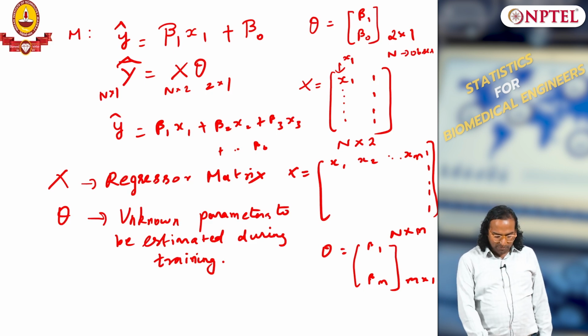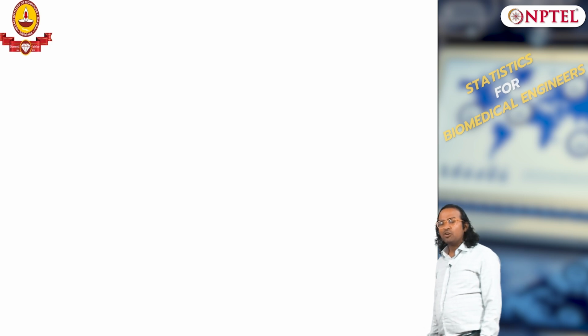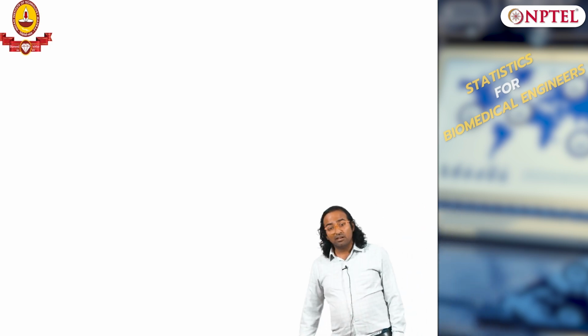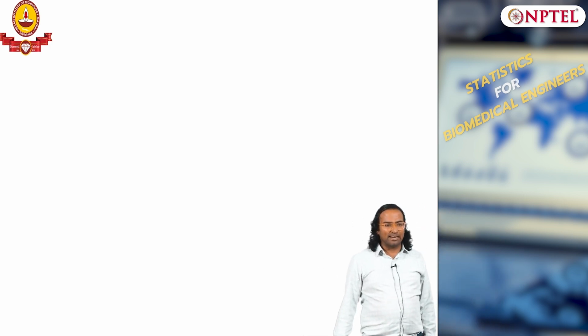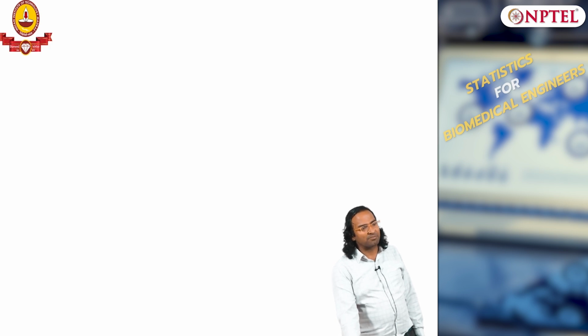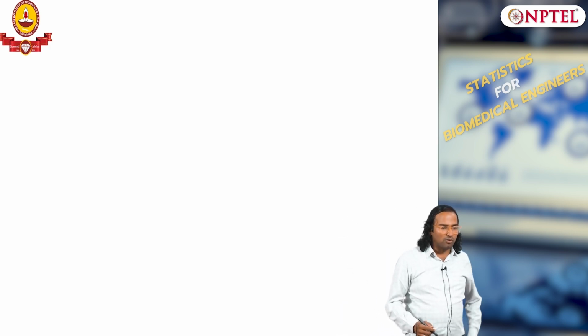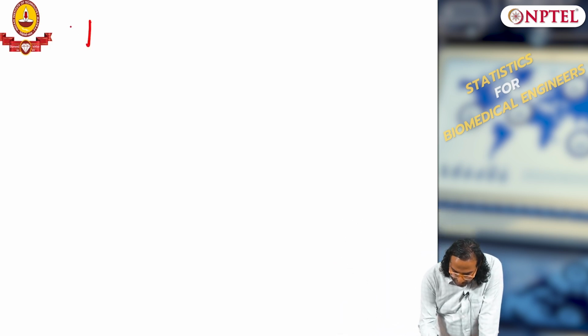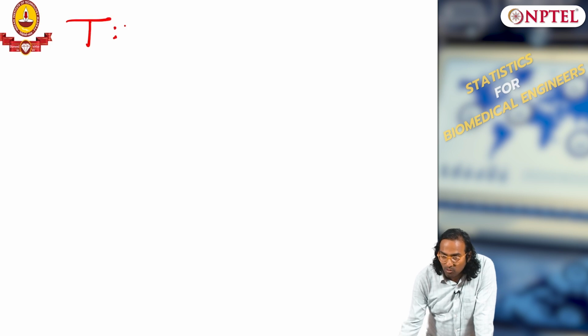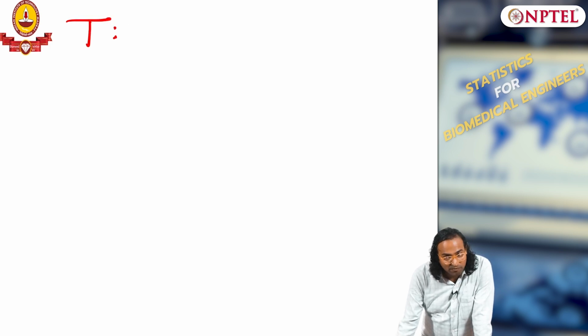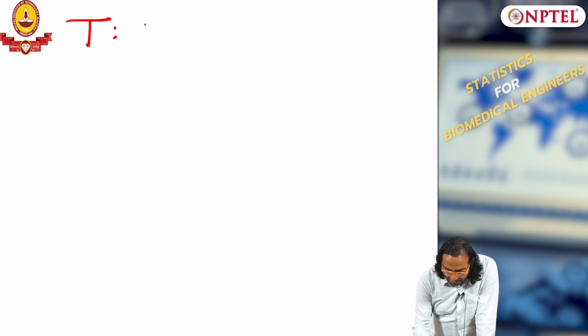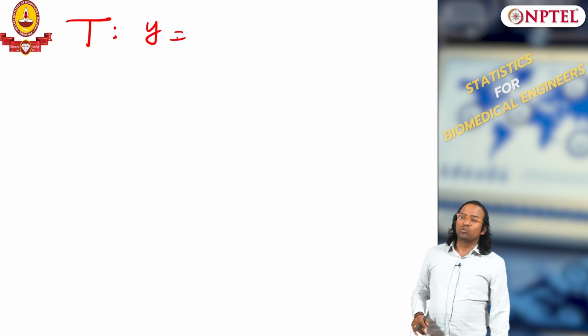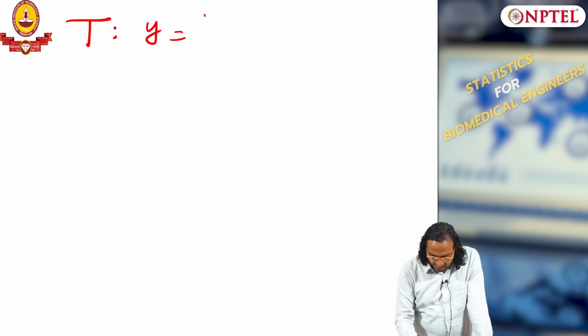To answer all these questions, you need to know what is called the ground truth, the reality. So, I am going to make some assumptions about the truth. I will call it T, the ground truth, which is never known, which I am assuming. When I write truth, I write it as Y, I do not write a hat because this is the truth. I assume that the truth is also generated using a linear model,